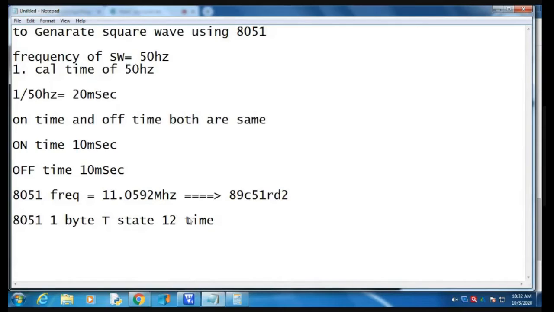12 T-states are required for one machine cycle or one byte instruction. So the time period for the 8051 is nothing but 12 T-states.